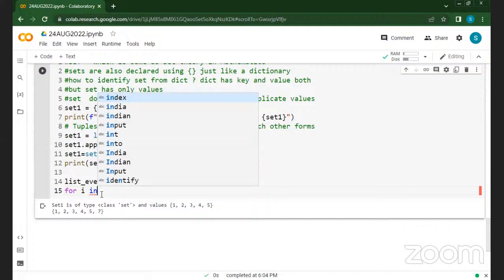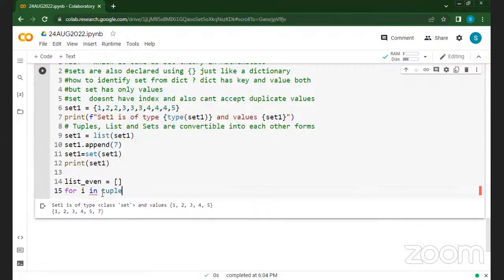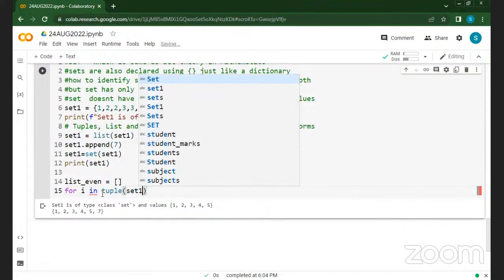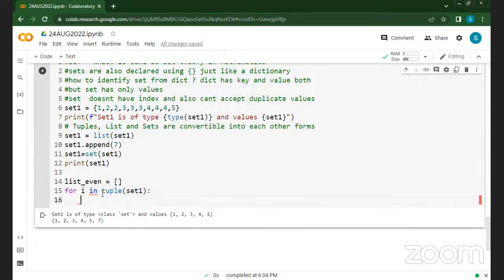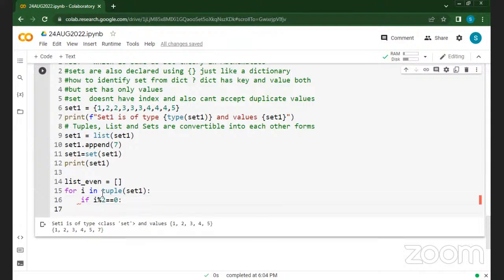So I'll say for i in tuple of set 1. So now set 1 has become a tuple, right? If i modulo 2 equal to 0, you say list even dot append i,